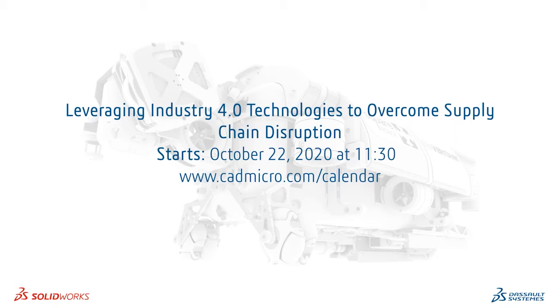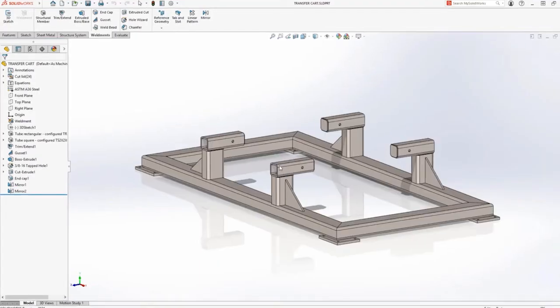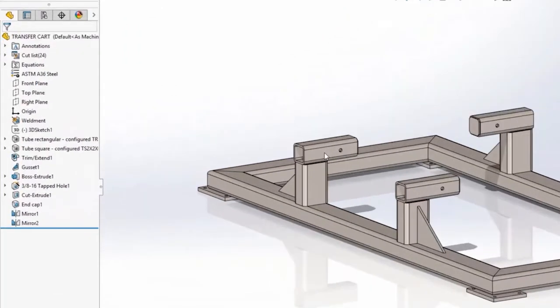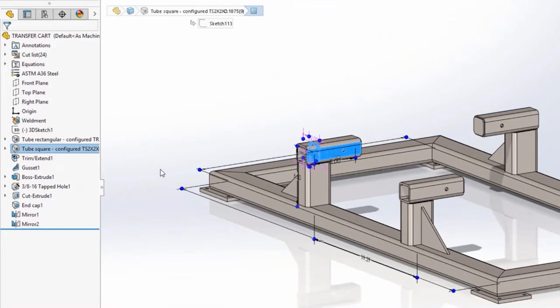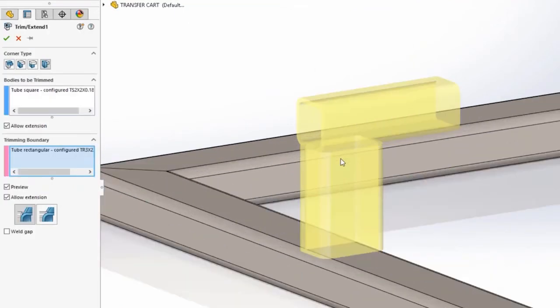The next one is weldments. This is another workflow and environment that people use with SolidWorks parts. And in this case, it's very common that we have different weldment sizes within the same weldment. And that's what we have here. We have a 2x2 weldment square tube and a 3x2 square tube. We have different options of